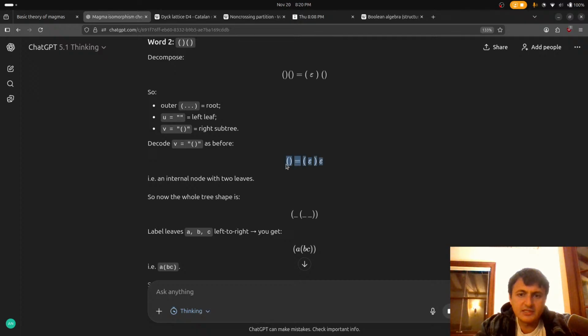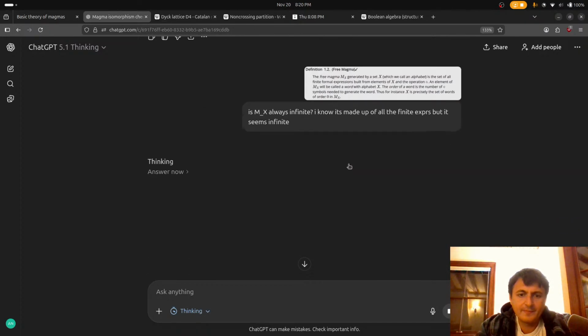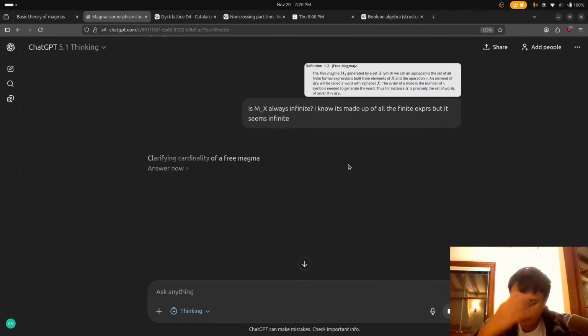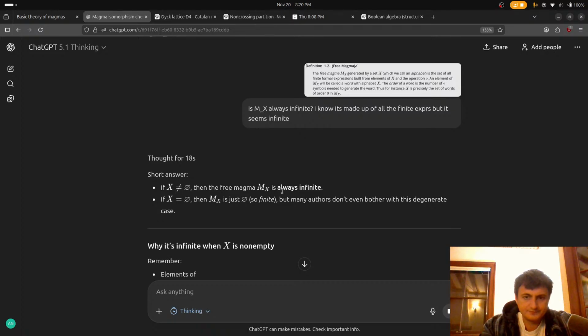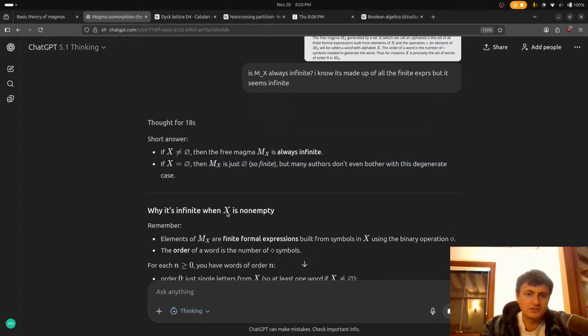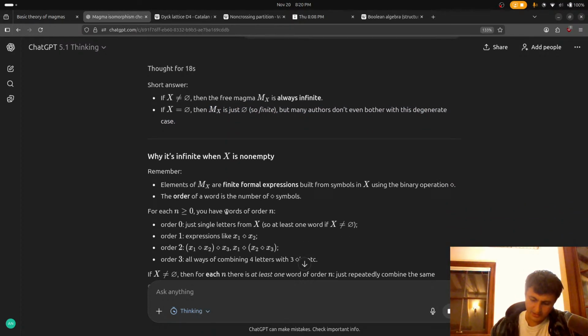So we'll get to this when we get to the Catalan numbers, because that's coming up and I got confused by that. By the way, magma, I think, is my favorite. Okay, so yeah, it's infinite. All right, so I'm going to write a note. Oh, wait.